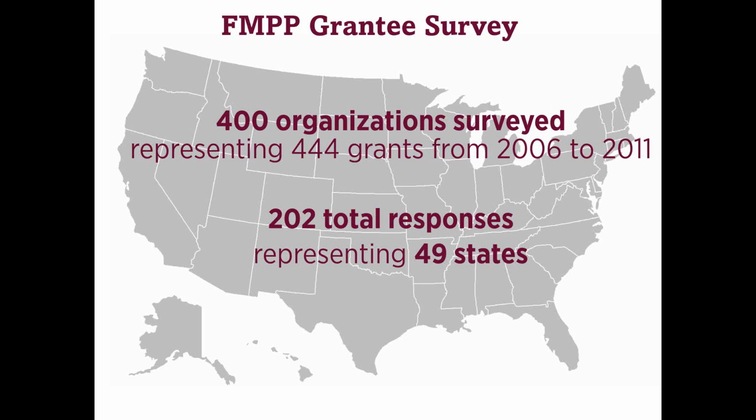So beginning in the fall, we decided we really needed to understand more. We realized that FMPP had awarded all of these projects, and we knew anecdotally that there had been a lot of really impressive projects that have taken place. We've seen newspaper articles coming from local newspapers and some really exciting innovations that had emerged through the Farmers Market